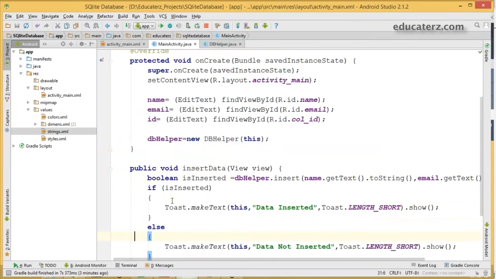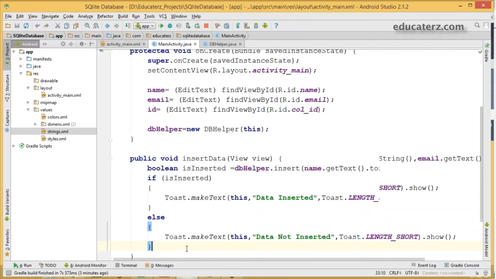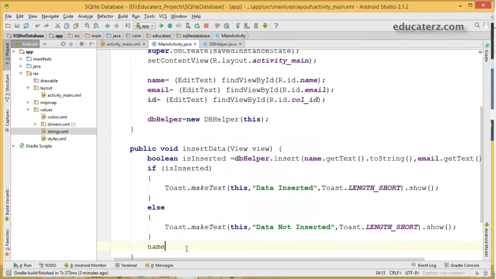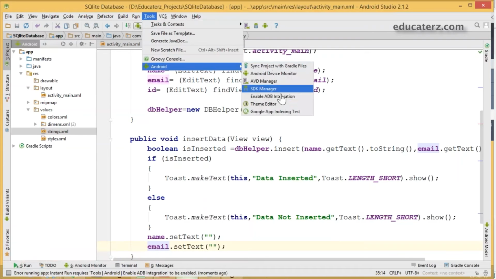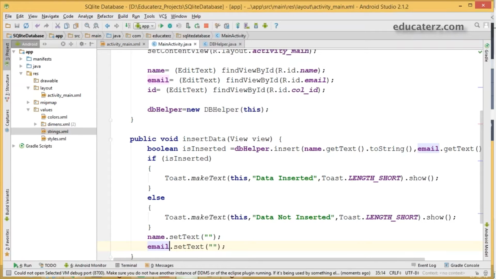So here, simply reset your name field using setText with empty quotes. Copy this and paste it again. Do the same thing for the email EditText as well. Save this, run it again. It won't take much time now. Enable your ADB integration and launch the application on the emulator again.